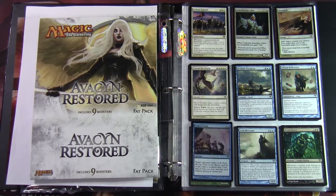It had 244 cards, so it's a large set, even though it's the third set of the Innistrad block. Oftentimes what you would expect with the third set would be a smaller set. So often in Magic, when you get a block, the first set's large, the second set's small, the third set's small. And when you're drafting the third set, you have a pack from each of the three sets of the block. With the large set as the third